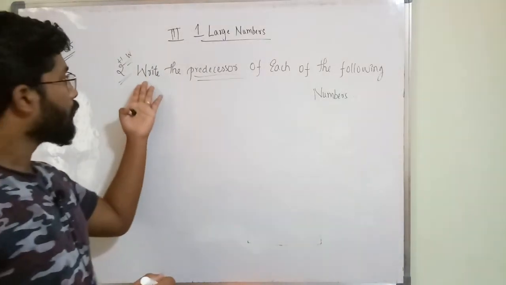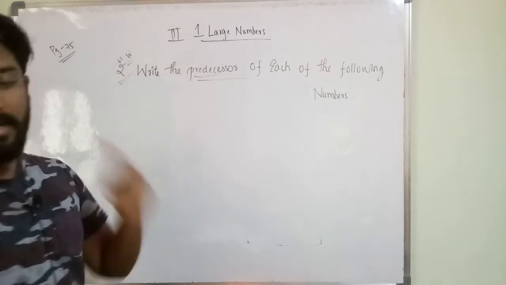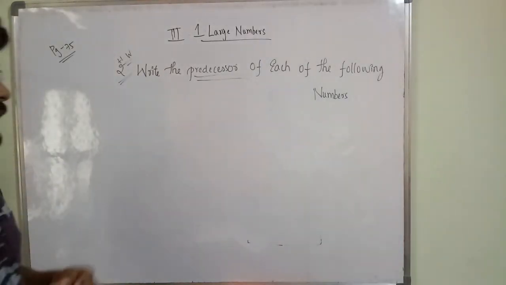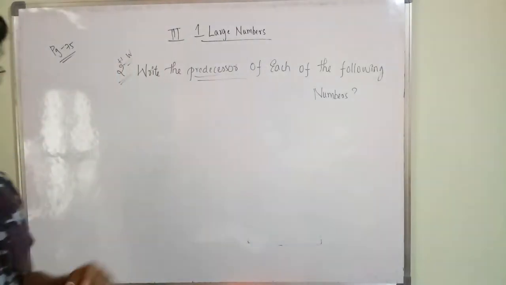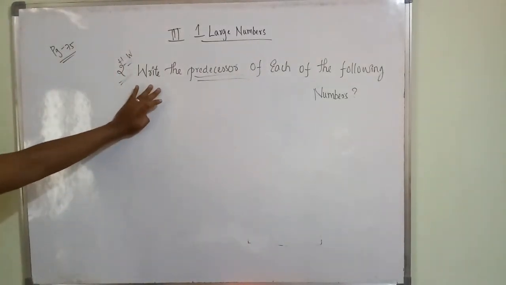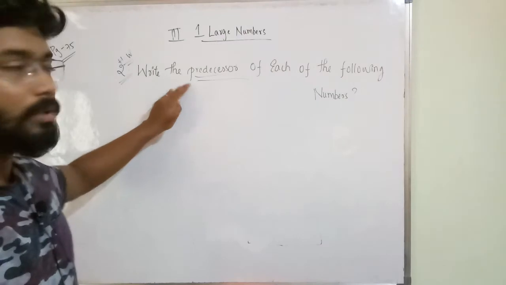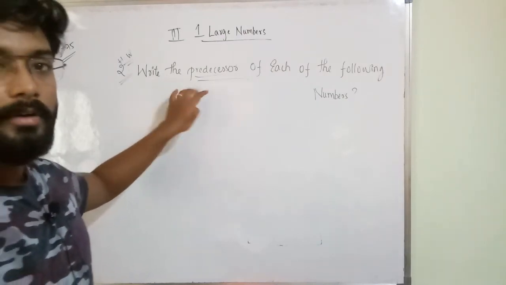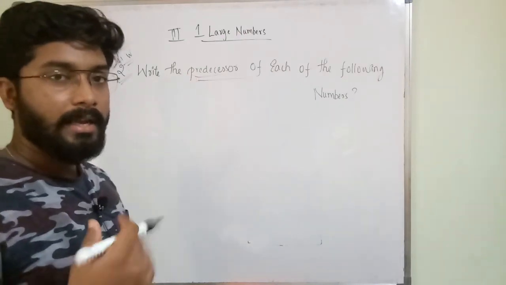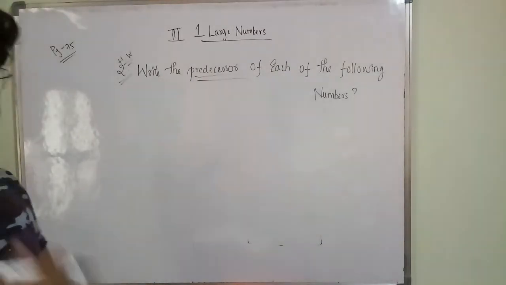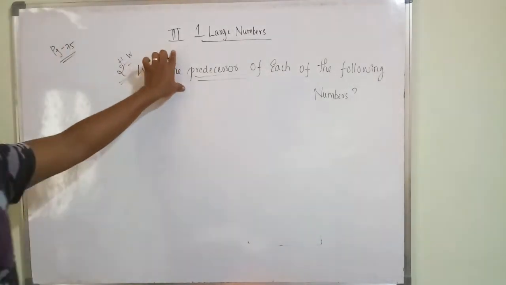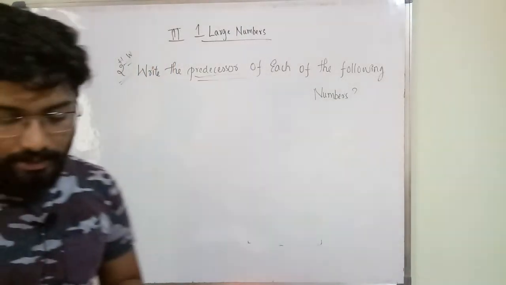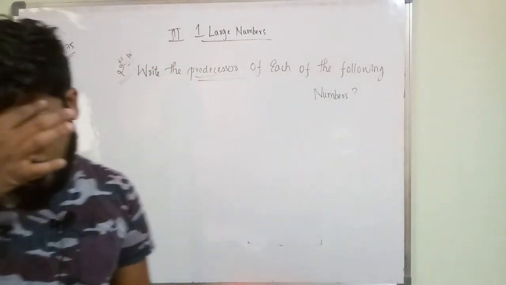This is very easy. In next class I will say all the answers. I will once again explain this total bit, but before I explain you have to do this. Okay, you have to do it yourself so that you can know whether you are able to understand what I am saying or not. So do this. Second bit is for your homework. Clear? From next class we will continue from the second bit.